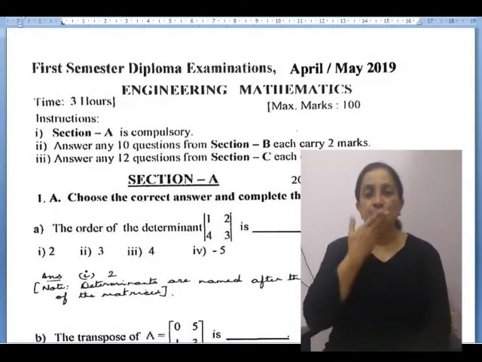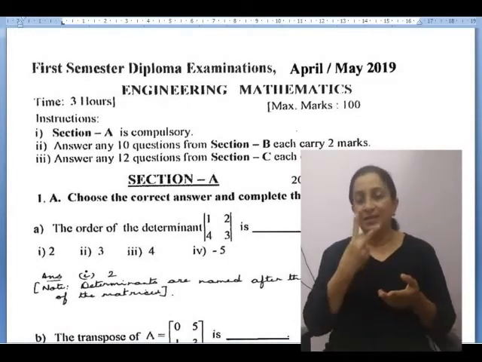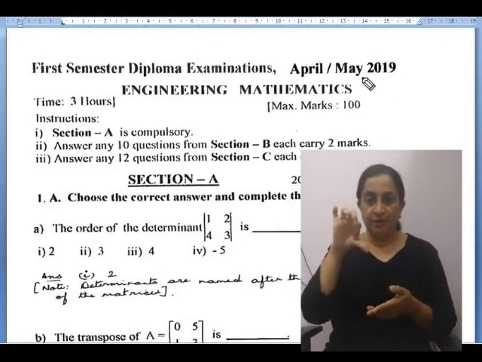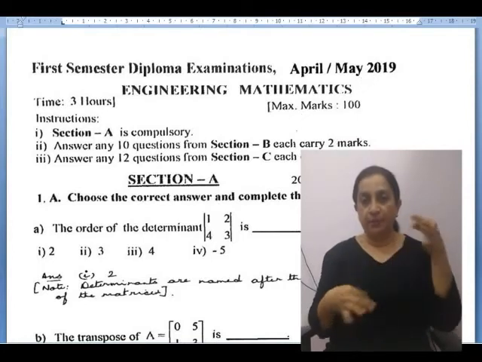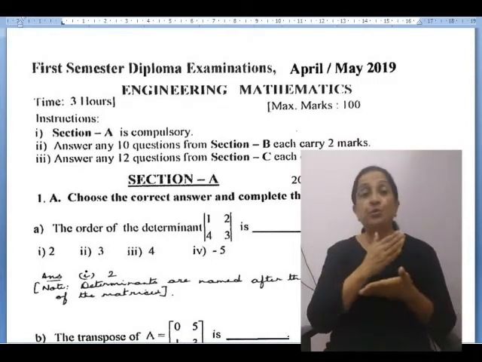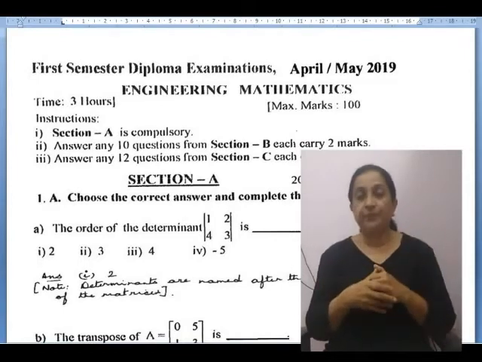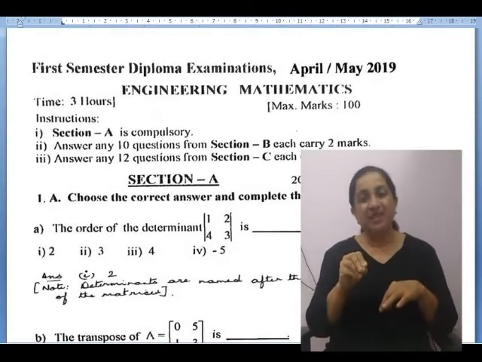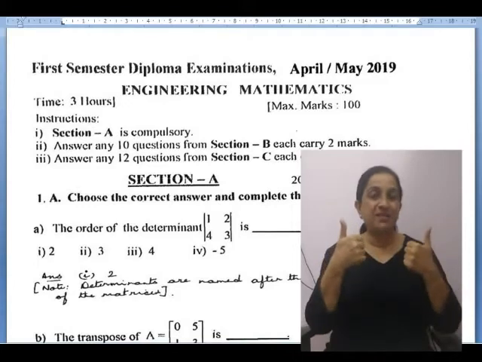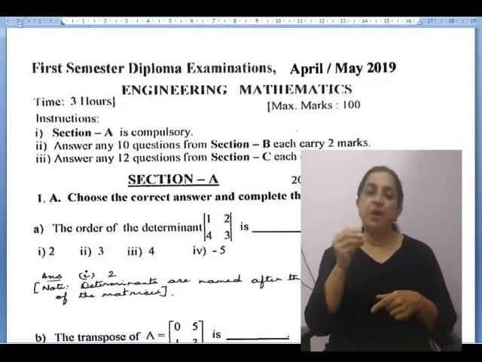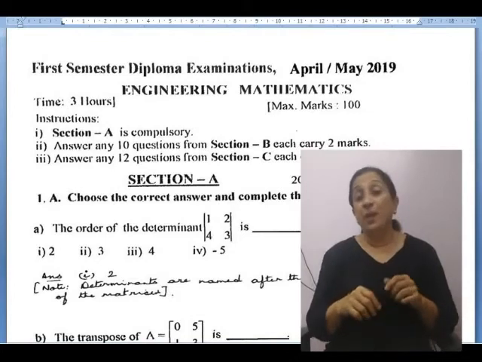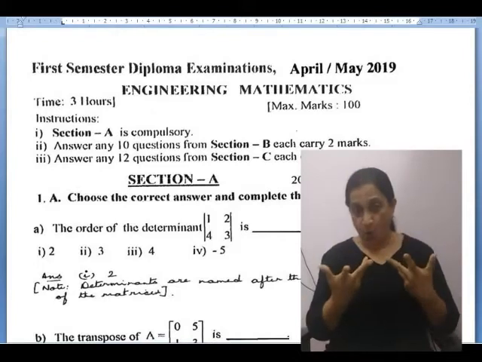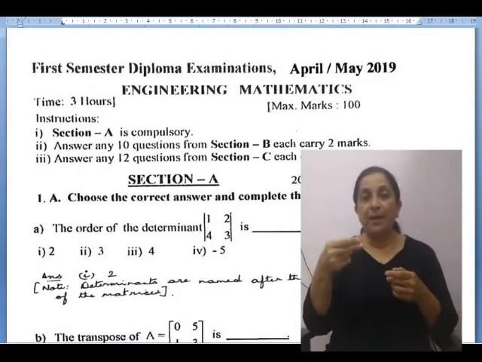Dear students, now let us look at the 2019 May paper. I already told you about the structure of the paper. Now in section A, there will be objective questions of 1 mark. So out of 20, I told you to pass, you must at least score 15 marks. Remember, the best method to solve objective questions here is what is called the method of elimination. I will tell you what it is.